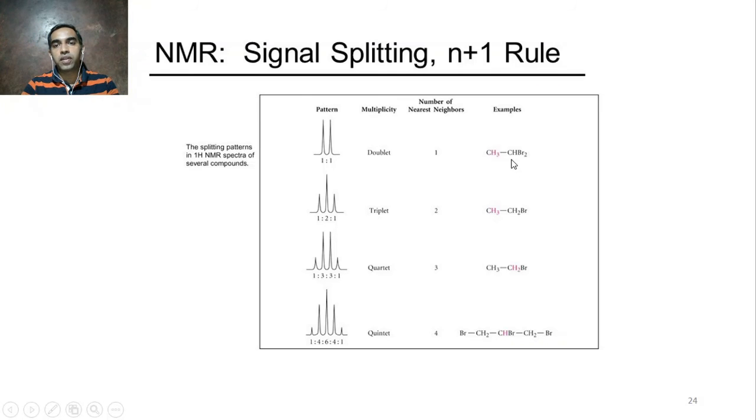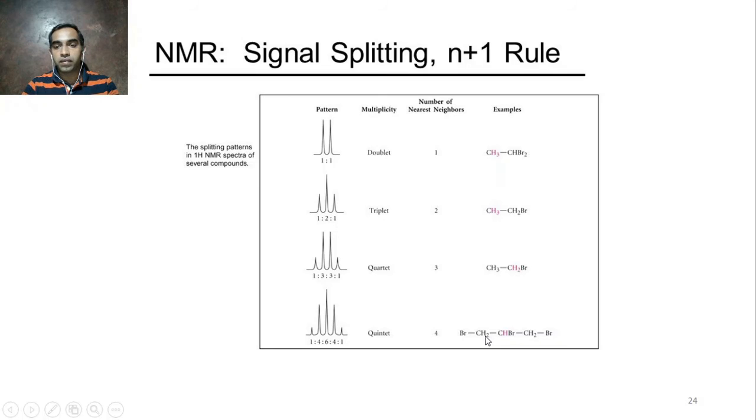See, you have to look for the neighbors. Now this one is split by this into a doublet. This one is split by this into a quartet, because 3+1 for this, 1+2 for this. Again here, this is split by this, so 3+1 is 4. And this is split by this, 2+1 is 3. Okay, here this is split by this, so 2+1 is 3, and this is split by this, so 3+1 is 4.